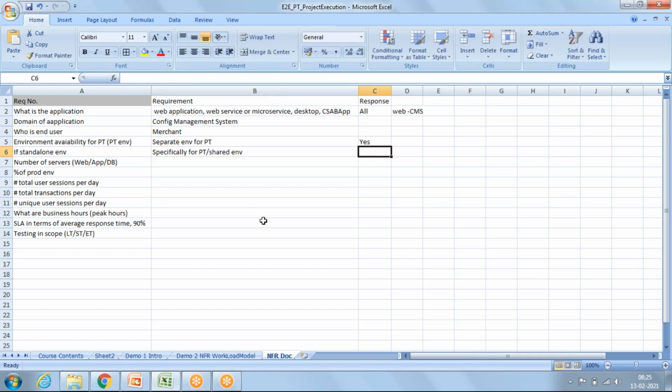If it is shared, then we will not accept this environment, because we need a mimic of the production environment. That is why we need a separate environment, so that we can configure the load balancer, web, app and DB servers as per the production server. It should not be a shared environment.